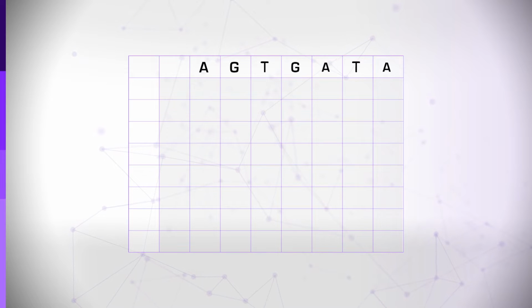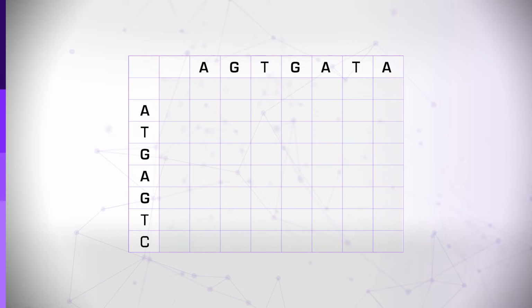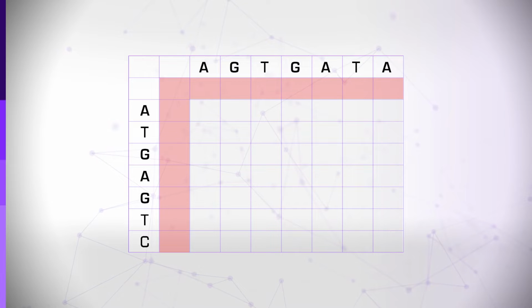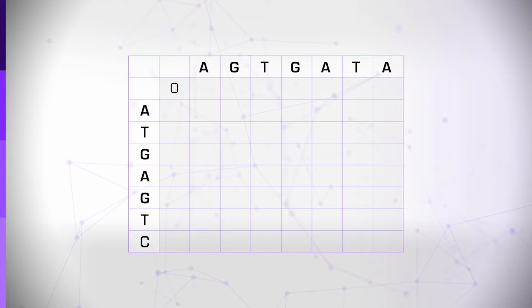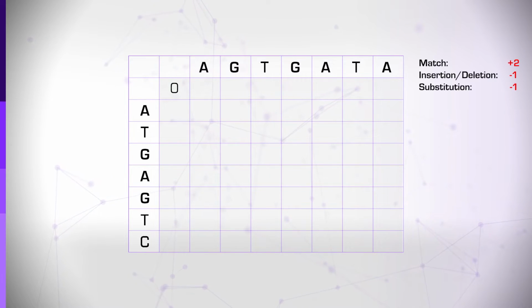We start by preparing a matrix, writing the sequences along the x and y axis, adding a blank row and column before the sequences, and initiating the matrix by putting a 0 in the upper leftmost cell. In order to fill the matrix, we need a set of weights that will reflect the costs that we will assign for the different types of sequence matches or differences. Here, we start with a simple set with somewhat arbitrary uniform cost.